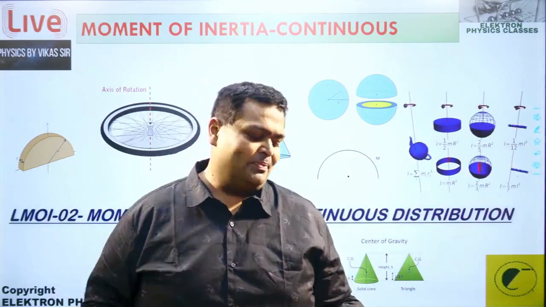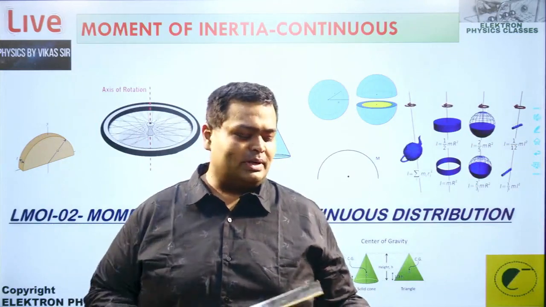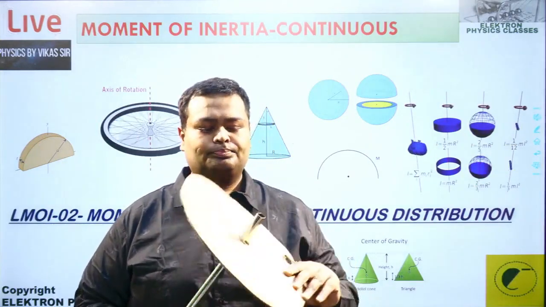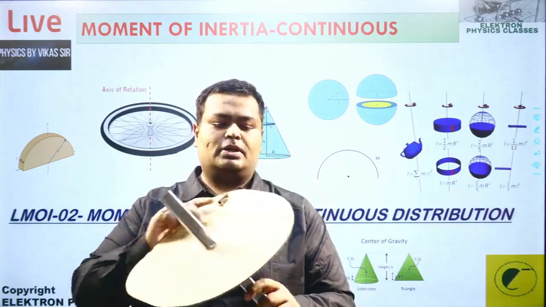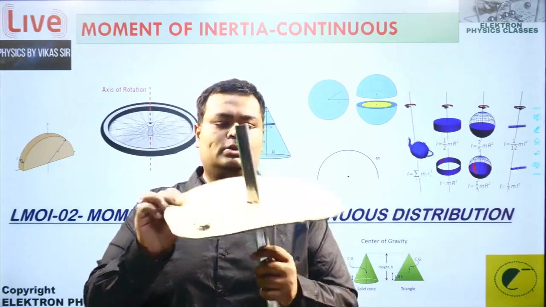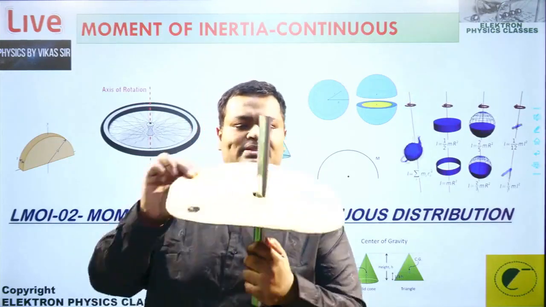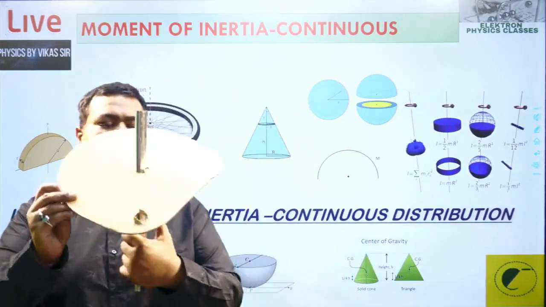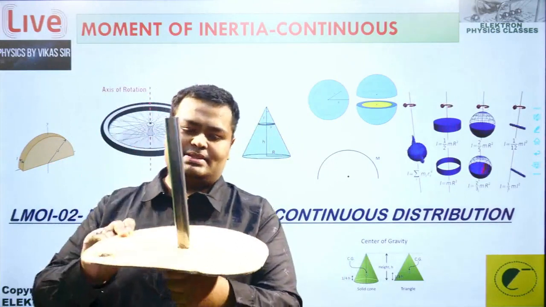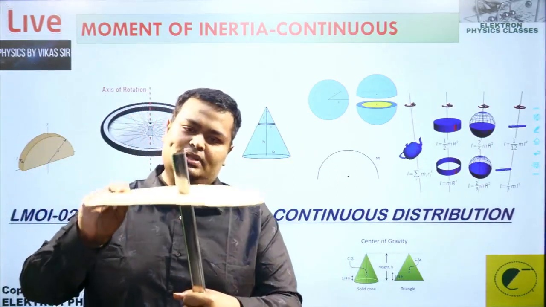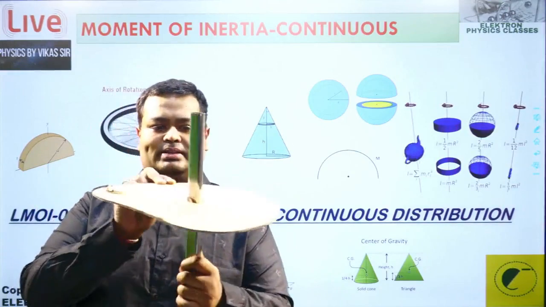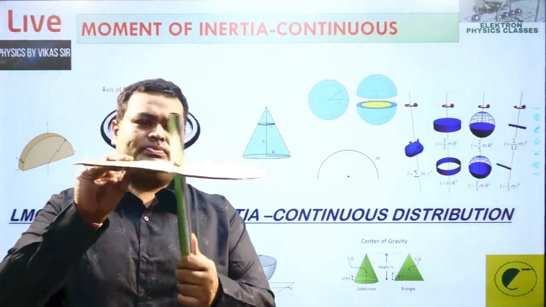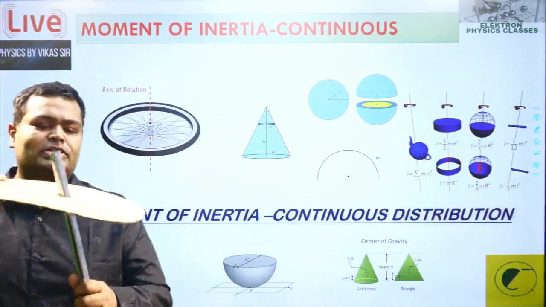What I am going to do is just arrange this like this. Now I can rotate this easily. See, this is rotating easily about an axis. This can be anywhere on this. And rotate, like this. So that's an axis. It's an axis, right? And which kind of an axis?